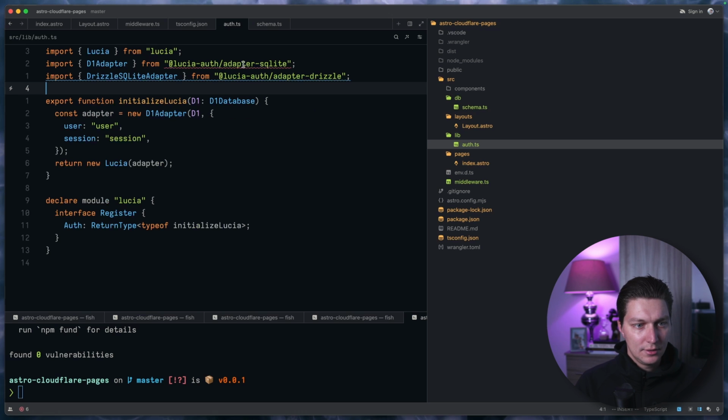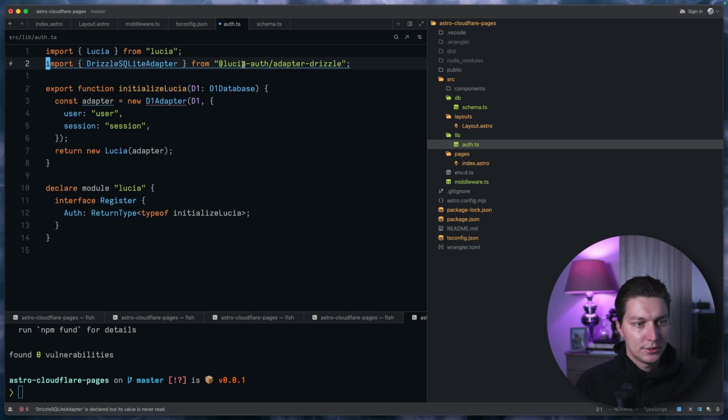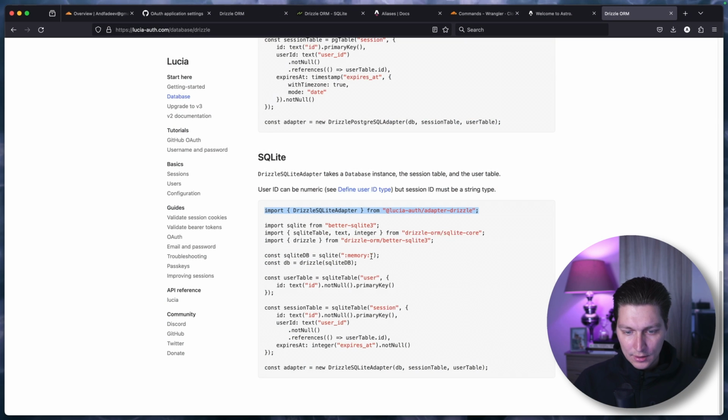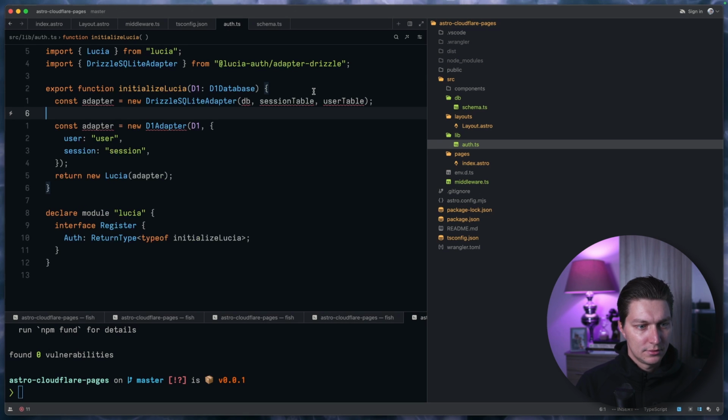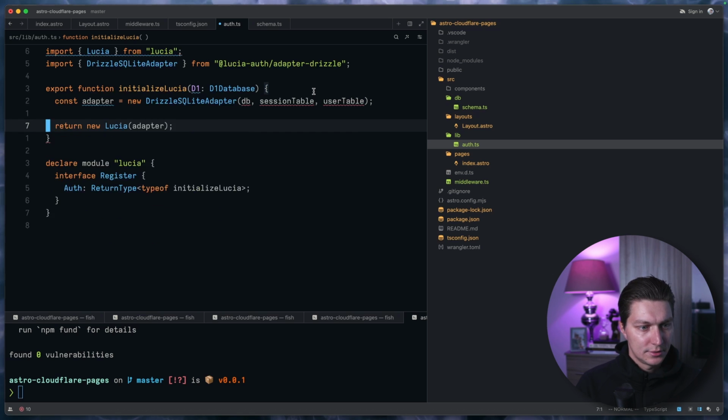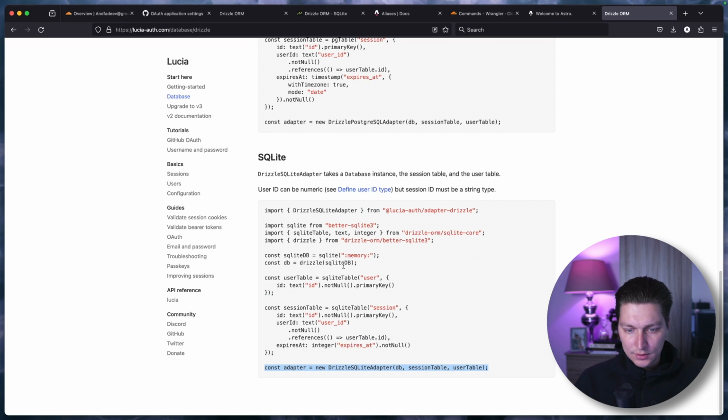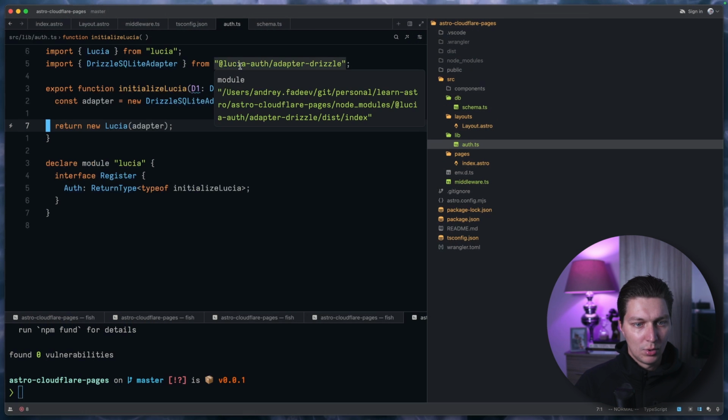Let's paste it here. We don't need the D1 adapter, so let's remove this. And here in the adapter, we just want this thing. So let's add it. Adapter. We don't need this, and we don't need these lines. Cool. So DB is the Drizzle DB, and we want to get it